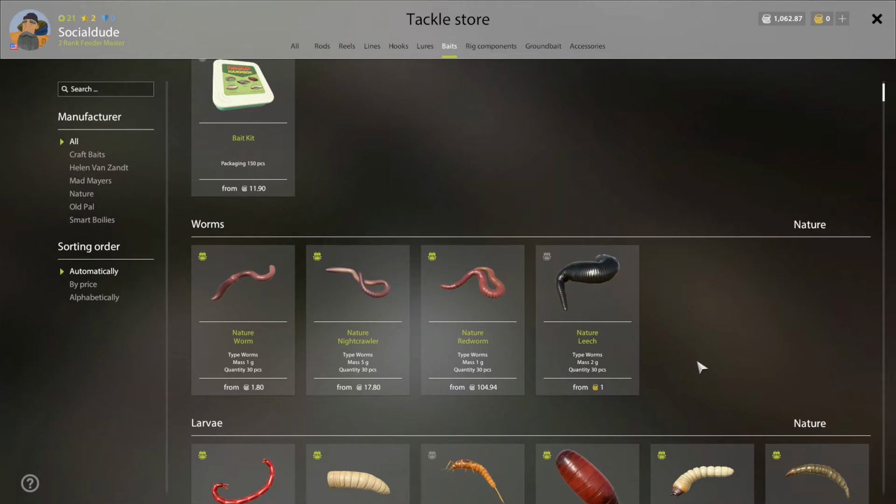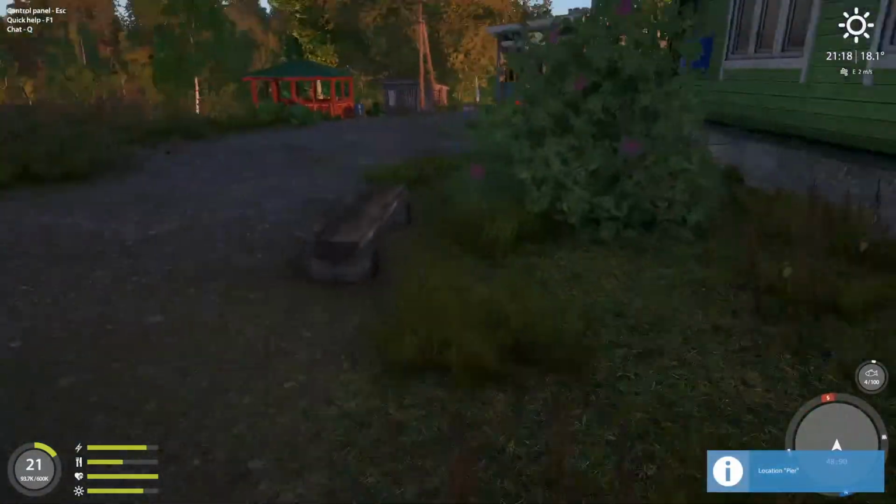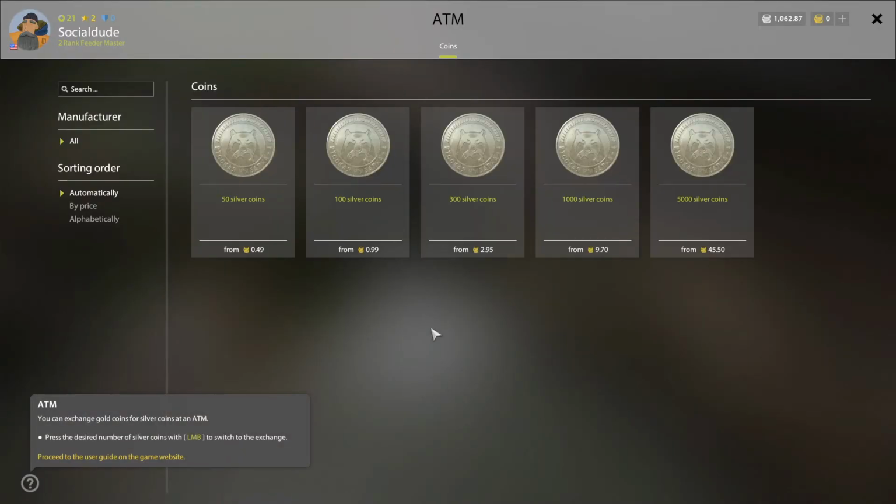Now, something that I learned that I wish I would have known sooner is that if you look, like I have 1,062 silver, I don't have any gold, and say I wanted these leeches. Well, I could go ahead and use real money and purchase that gold, or there's a little trick here. Okay, there's an ATM. If you go to the ATM, see, I could turn 1,000 silver that I have into 9 gold and 70 copper, or bronze, or whatever they would call it. But it's 9.7 gold. So I could get 9.7 gold right now, and I'd be able to buy those leeches